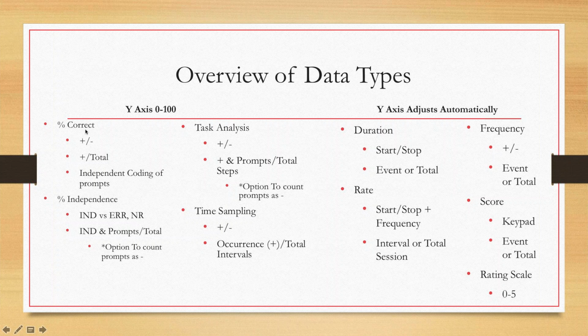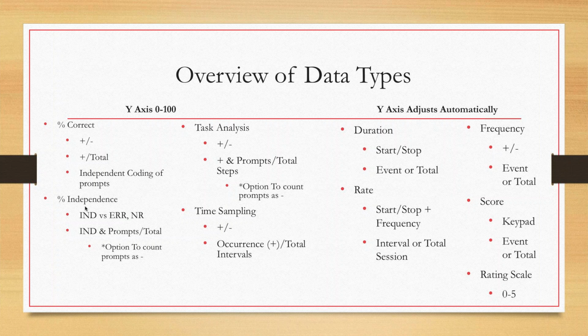So for something like percent correct, when you're putting in data manually or even on sessions, you're going to get a plus or a minus. Either the learner got the target right or they got it wrong. In addition to the calculation of how many did they get right over how many times did I run a trial. Now, part 3 to that is you're able to independently code your prompts. You're able to say, I used a partial physical and it didn't work, and I used a full physical and it did. So with percent correct, you're able to code all of those prompts independently and see that all in the raw